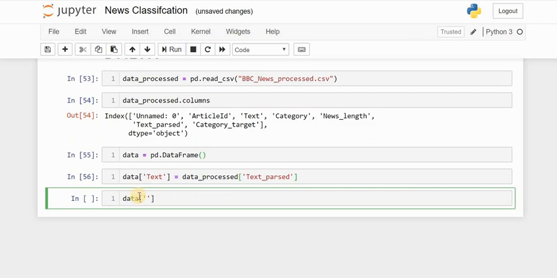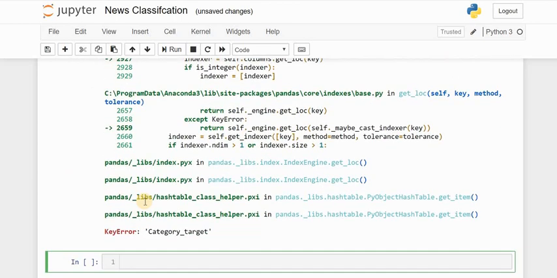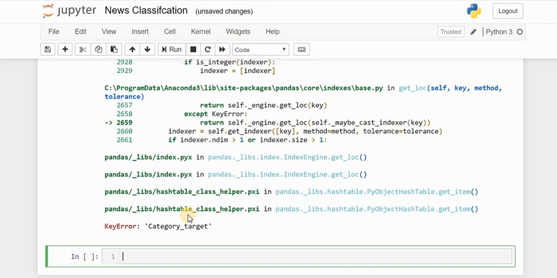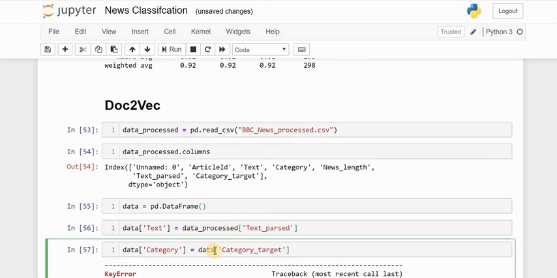Let's also print what this data actually contains. Okay, it is showing an error. Let's see why. I think the column name is not properly written.